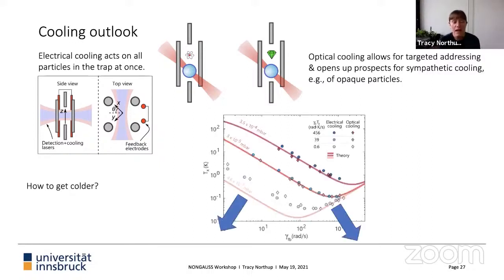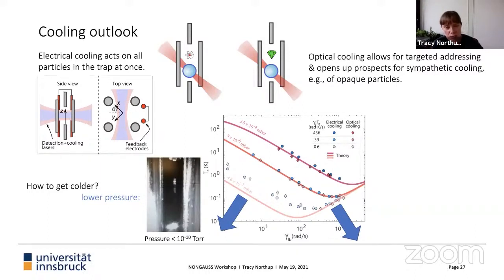Okay, but how do we push these temperatures down from the 10,000 phonons that I'm describing to really work in the ground state? On one hand, the slope on the left-hand side is about the pressure. So if we lower the pressure, as you can already see convincingly by these 3 orders of magnitude, if we drop the pressure further, that's going to bring down the slope of the theory plot here on the left-hand side, and hopefully also of the data. And so we're now, again, as I mentioned, working at pressures that are more than 3 orders of magnitude lower. So we're looking forward to retaking this data.